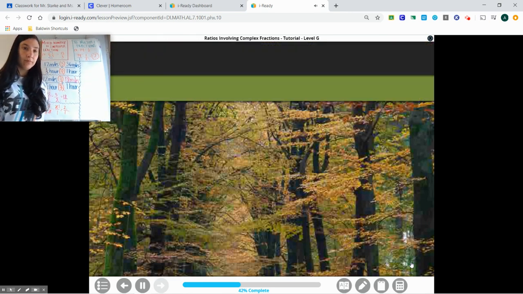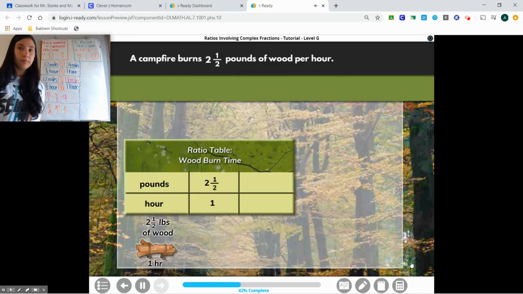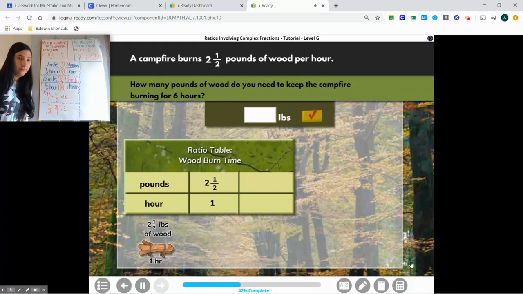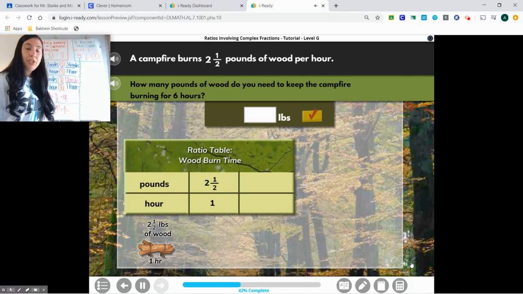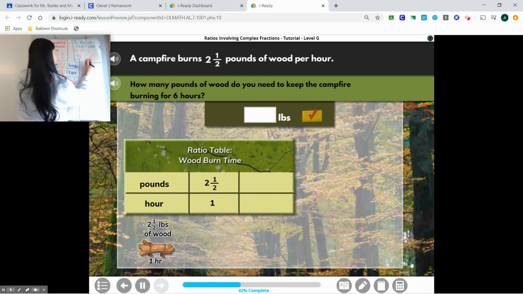Okay, let's see just how much wood each team has to collect. According to our survival guide, an average campfire burns about 2 1/2 pounds of wood per hour. How many pounds of wood do you need to keep the campfire burning for 6 hours? Okay, so we just want to make an equivalent ratio here. So we know to get from 1 to 6, we multiply by 6. So what we have to do is 2 1/2